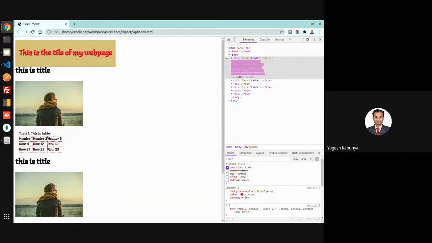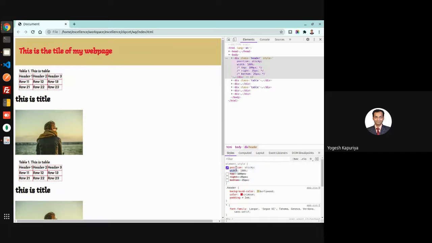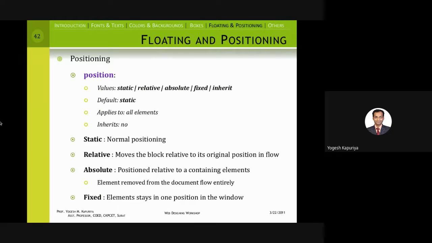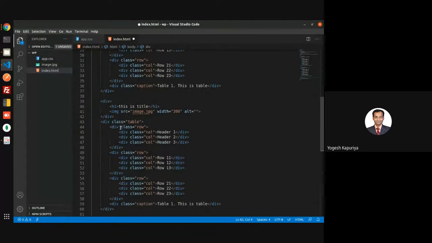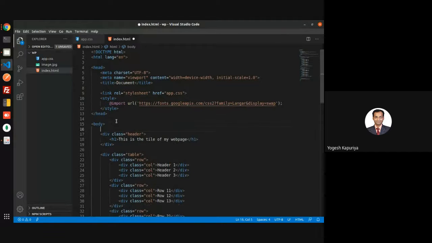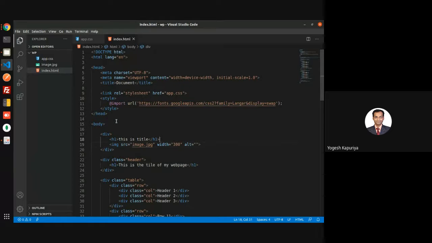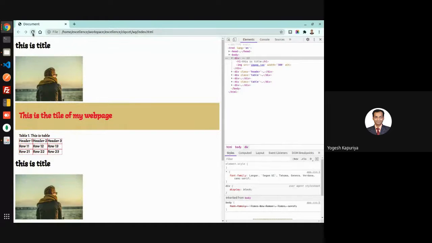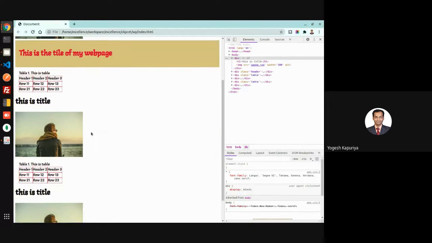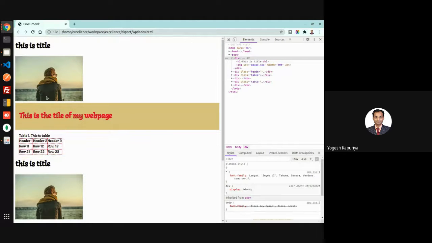Another is sticky. So let me remove this. Now, what does sticky mean? It means that sometimes your content is there on the landing page, but when you scroll down, so this is my default behavior, right? When you scroll down, then you want this particular header to stay over here. It should not go beyond it.